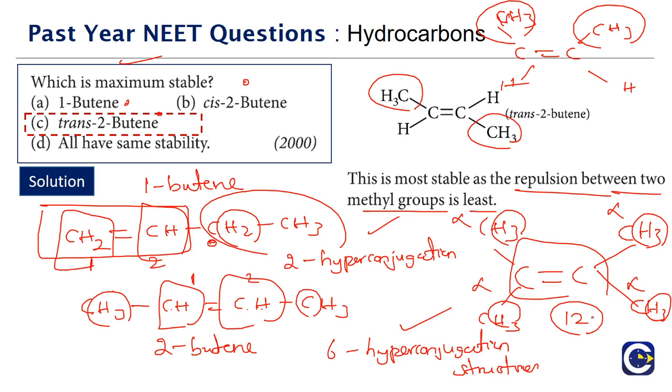So the correct answer for this is option C, which is trans 2-butene. First we are able to conclude that 2-butene will be more stable than 1-butene. Then between the 2-butenes, the trans form, not just in this case but generally in any of the geometrical isomers of alkenes, will be not only more stable but also less polar, because the dipole moments of the bulkier groups will cancel, and the dipole moments of the less bulky groups also will cancel, because they are on opposing sides. So the trans isomer will have less polarity also.